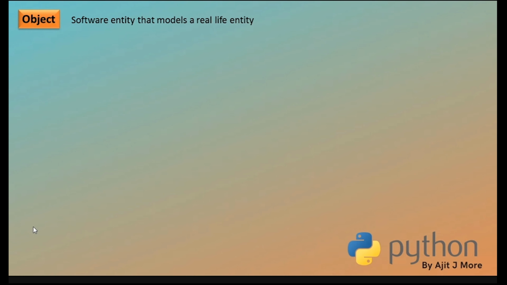An object is a software entity, a programming representation of something from the real world. All these objects have two important things: their own characteristics and their own behavior, isn't it? This is quite commonly heard; I'm sure you have heard it at least in C++ if you have learned that language earlier. An object has its own characteristics.